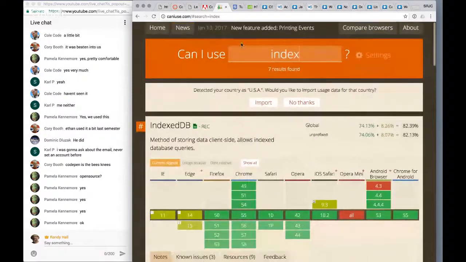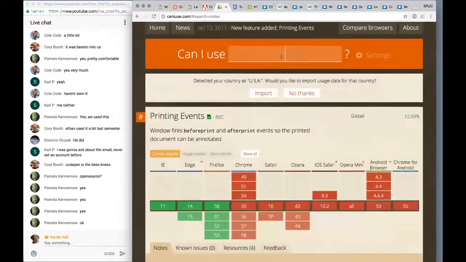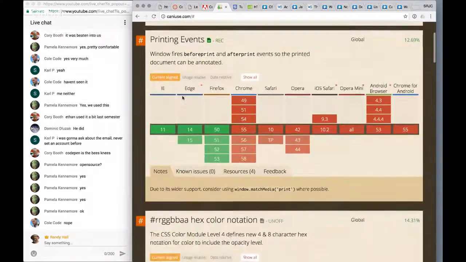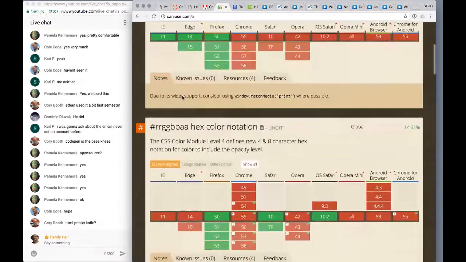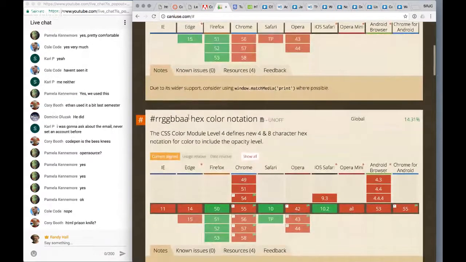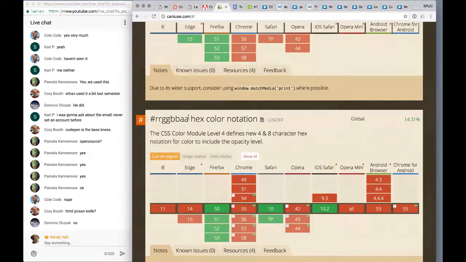Let's go back and find another technology that's good. Actually, what's kind of cool is that if you go with the latest one, HTML5 shiv, and we'll talk more. Yeah, and it's not a prison knife. It was actually supposed to be called HTML5 shim with an M, and then the person who created it misspelled it. So what HTML5 shiv does is it actually will help